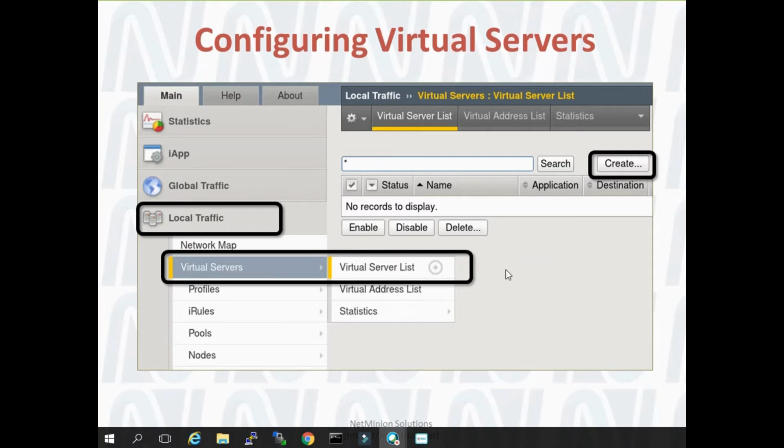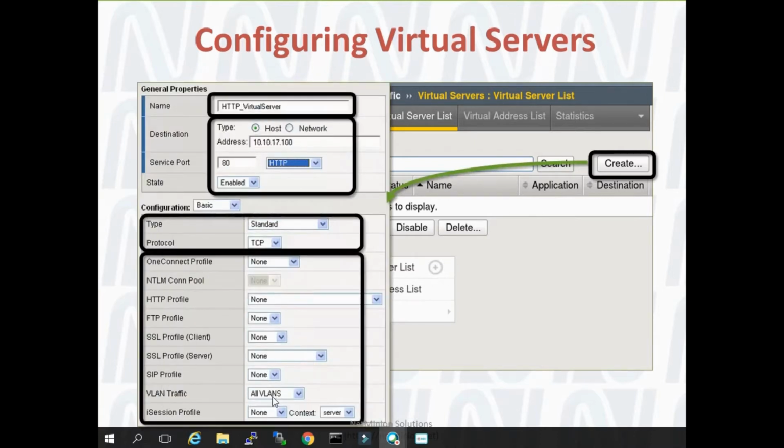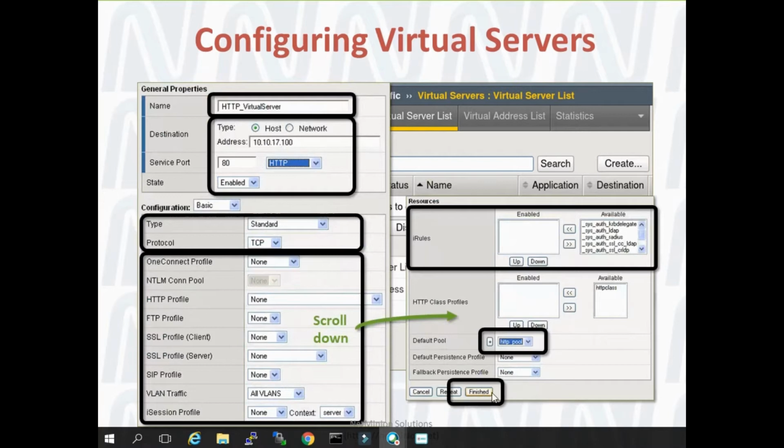So when you hit the create button, the whole list will appear in front of you. You can see you need to give a name. Earlier we were just providing the IP address and port. We were not touching this kind of stuff. We just used to provide our pool, and that's it, we were finishing. But this time we will check the different types of virtual servers that can exist